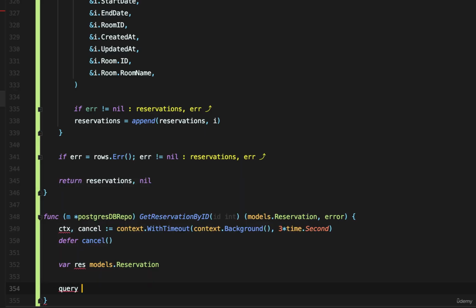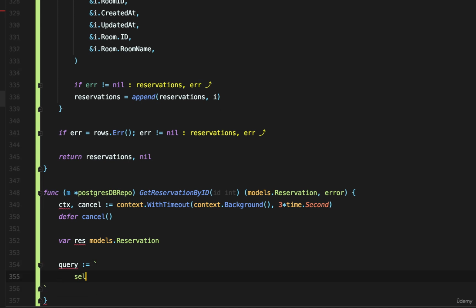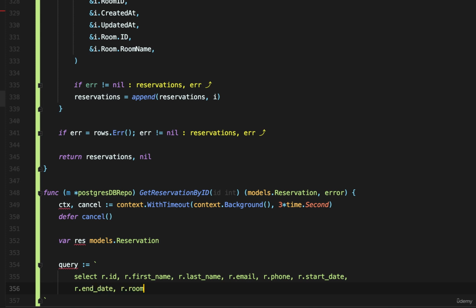Now let's write the query. And this is a simple select statement. Query is assign the value of, in backticks, select, and because this is a reservation, it's going to have that room model as part of this struct, so I'll use an alias, r.id, r.firstname, r being an alias to the reservations table, r.lastname, r.email, r.phone, r.startdate, and I'll go on to the next line just to make this a little more readable, r.enddate, r.roomid,